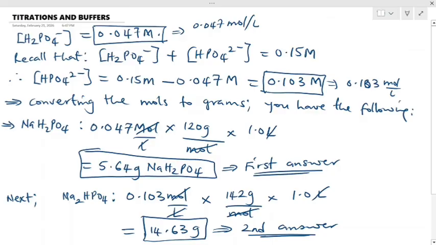So right here we have just used the Henderson-Hasselbalch equation to extract the necessary information, and playing around with it as well as doing